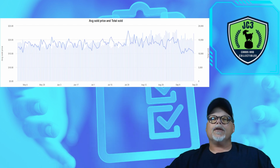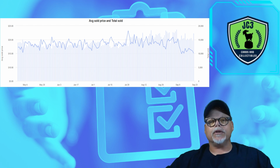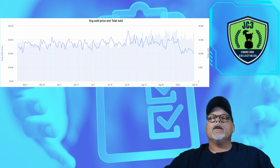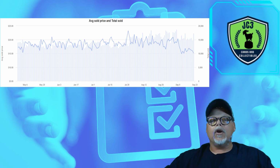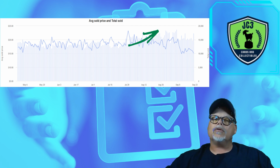You can see here by this chart that the market is up overall. This is often the case as the NFL and the NCAA season get underway. In fact, the football card market is up approximately 24% since we last reviewed. What I find very interesting, however, is that as the volume has generally been up, the average sold price has